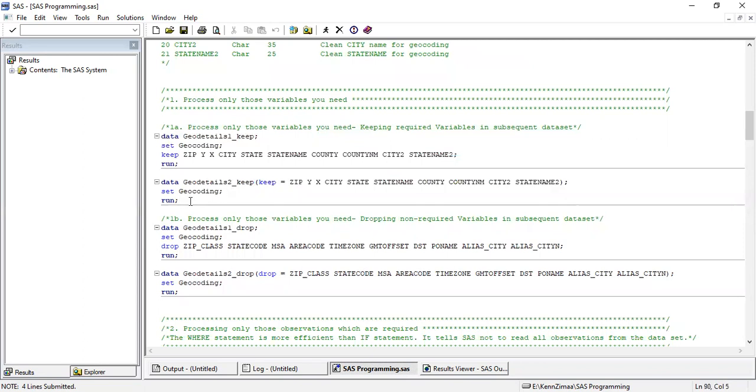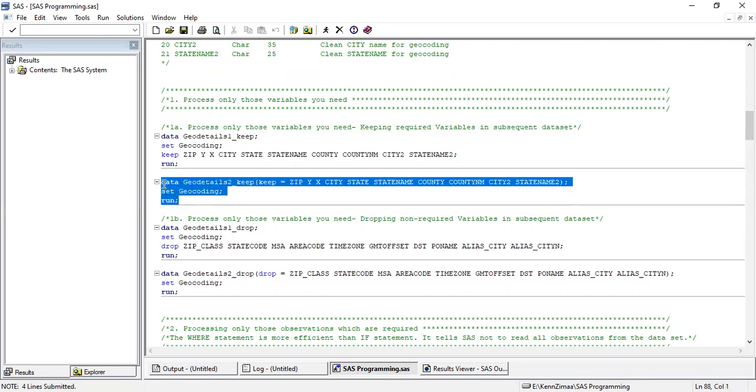So I will run this program where I'm creating a new data set geodetails2 underscore keep, defining all the variables which I want to be there in my data set. Then the data set from which I want to create it is called geocoding, followed by the run statement.